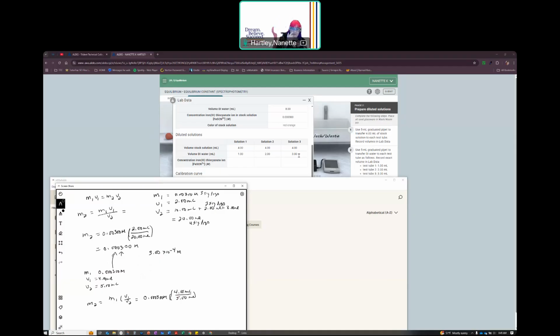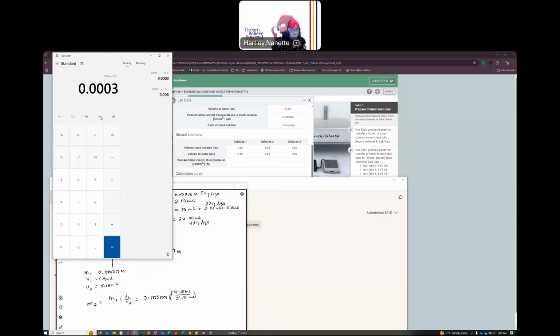So that's what it'll look like for that first container. So take that number that I calculated and multiply that by 4, and then I can divide that by 5. And that gives me M2 equals